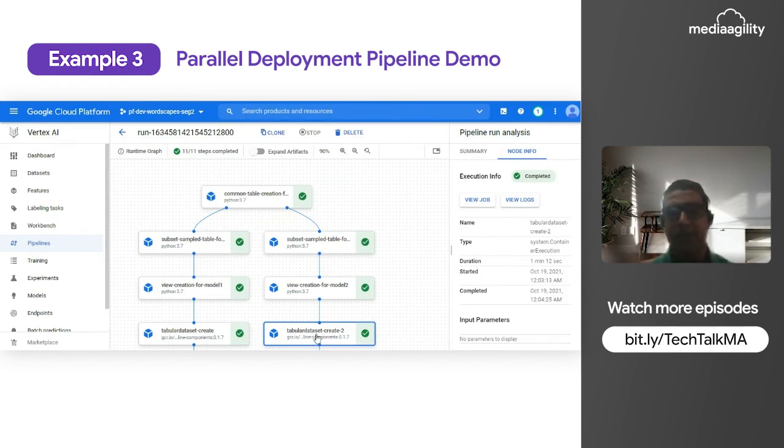Now the process will continue like we did earlier. This way the process continues, and each model will further make use of the classification component that will check whether we can deploy the model or not. With the help of the classification component, both of these models will be deployed to an endpoint, as we discussed.